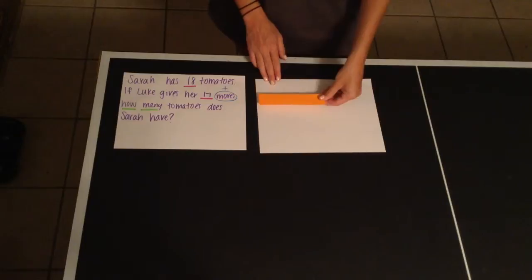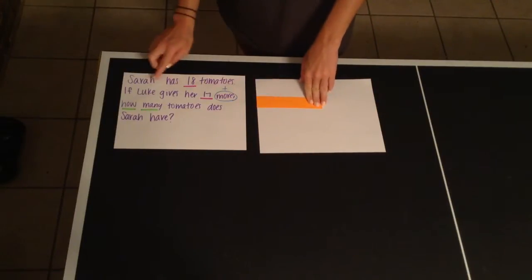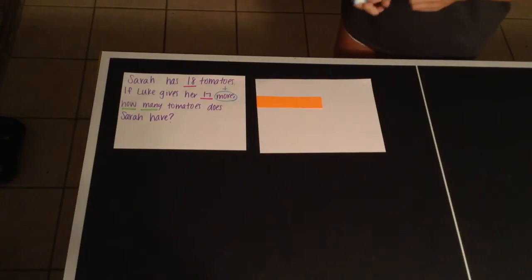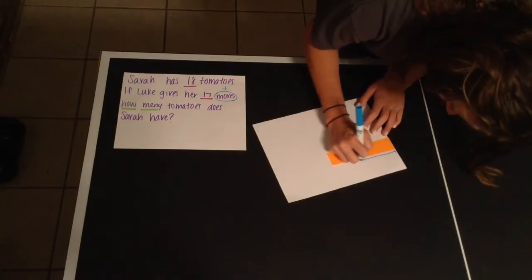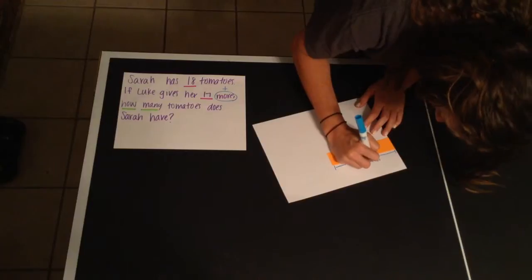So with the linear model, we're going to start off with some pieces of paper. We see that our orange strip right here is going to represent the 18 tomatoes that Sarah has. So right here is going to be the 18 tomatoes